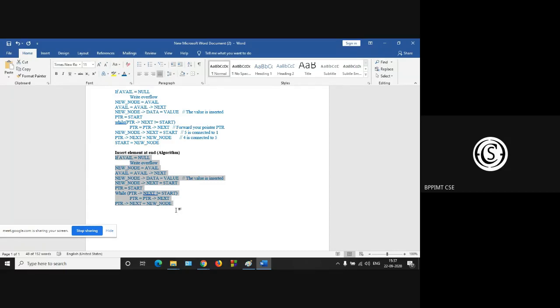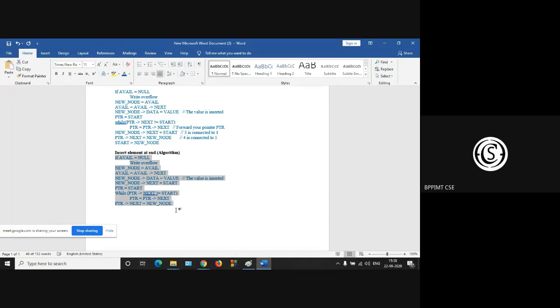Okay. That is a real life example of circular linked list. This circular linked list is used to maintain the sequence of web pages that are visited. This is one real life example of circular linked list.